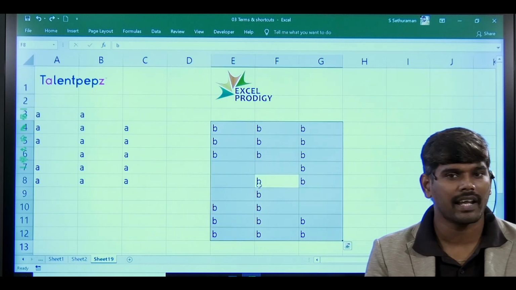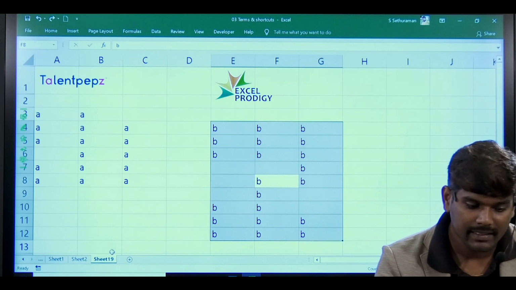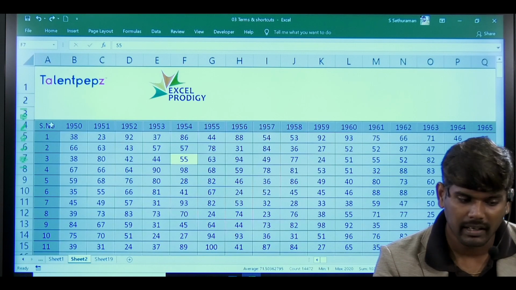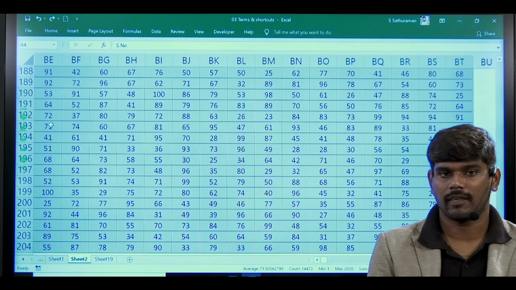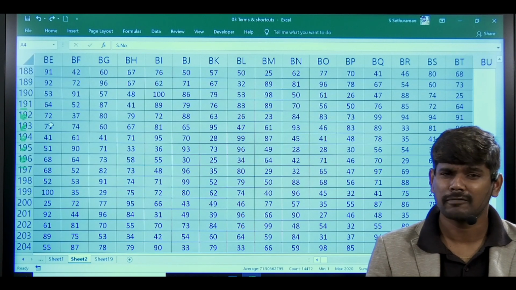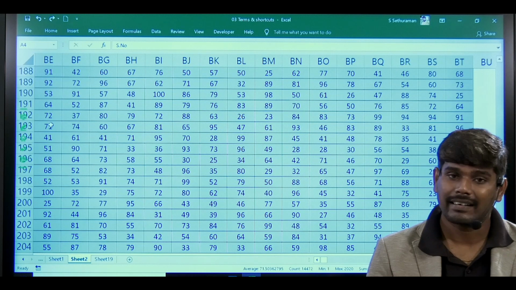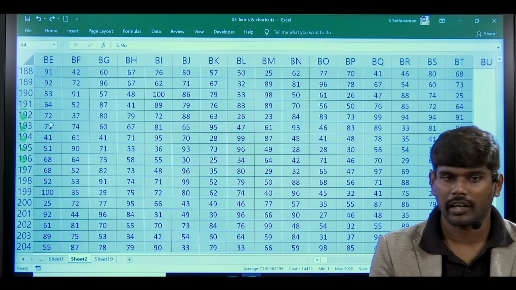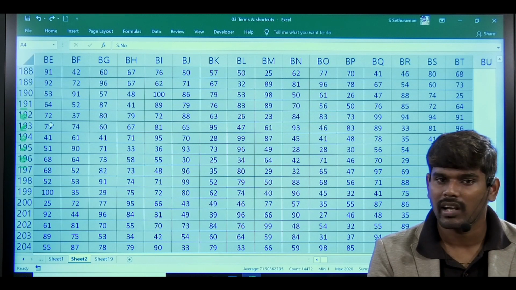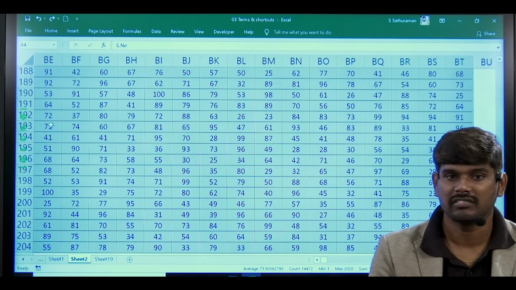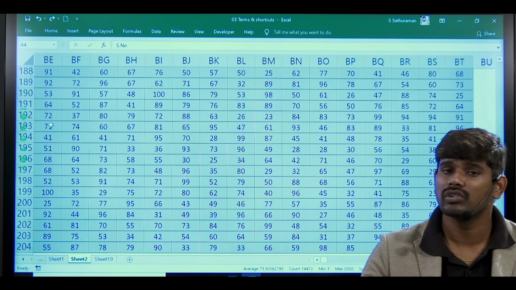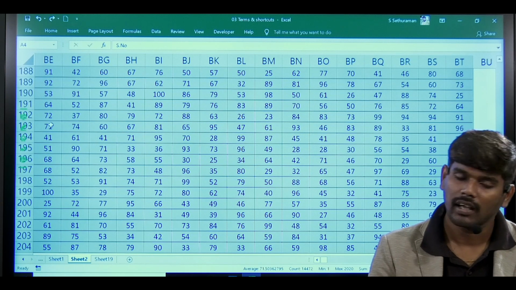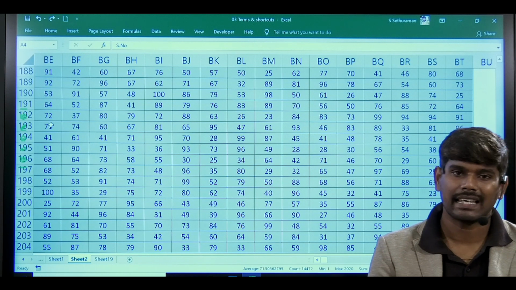So Control Shift Right Down we can use, else we can directly use it by clicking on any cell, Control A, it will select everything. Okay, so we have learned plenty of shortcuts here. Daily, if you use these kinds of shortcuts, automatically you can reduce half an hour of your work in your day-to-day activities. Just without using the mouse, we will do a lot, and then we can achieve this in an easy manner.